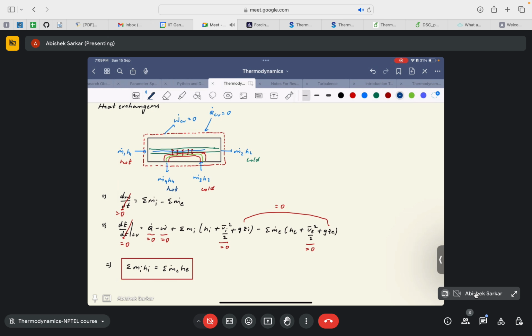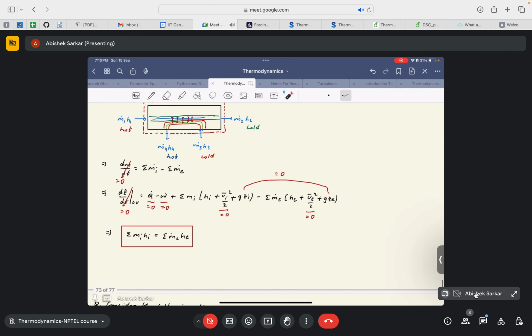But what I am saying is that if we are considering this entire apparatus as a system, there is no heat interaction between the surroundings and the system, and that's why Q dot CV is equal to 0. Then this will be 0, and since there is no additional work input done to the heat exchanger, this W dot term will also be equal to 0. So again we are left with these energy input and output terms. So you will again find that